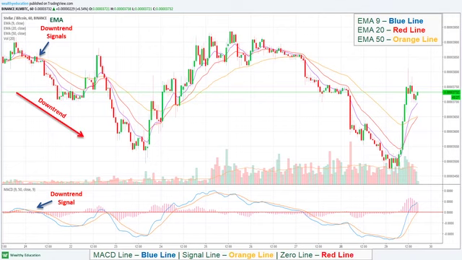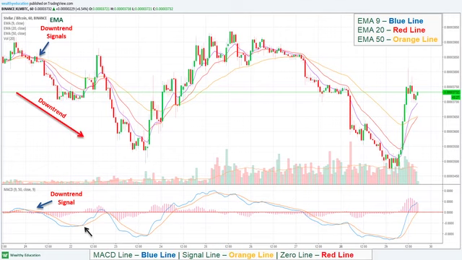As you can see on the chart, the MACD line crossed above the signal line here, but the trend was still going down. So I want you to take note of this. The uptrend signal is weaker when the MACD is below the zero line. Why? It's because when the MACD is below the zero line, it's likely that the EMA 9 is also below the EMA 50. So chances are the EMA 50 can act as a dynamic resistance that can stop the price